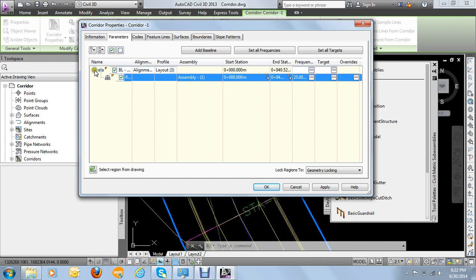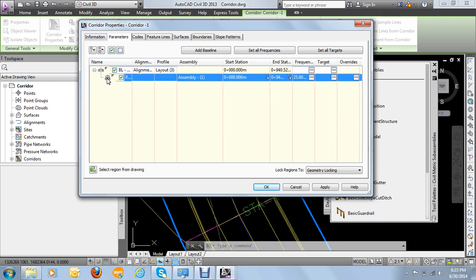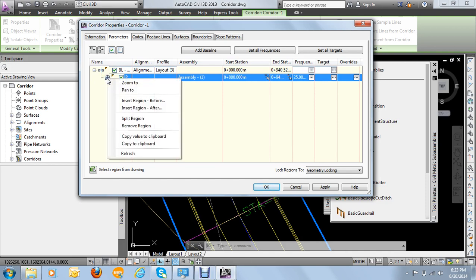Under the first baseline, because we have just created the same corridor with one alignment and one layout, the vertical profile that we created, under the first line you can only change those. But using the region itself, for this example now, we have only one region, and I can create several regions from there. Okay,